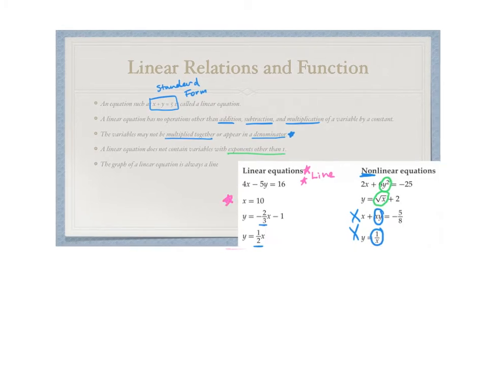In the second one here, even though we don't have a y in this equation, we still have x is equal to 10, and nothing crazy is happening to that x. It's not being squared, it's not being multiplied by anything, it's not in the denominator, so it would still be